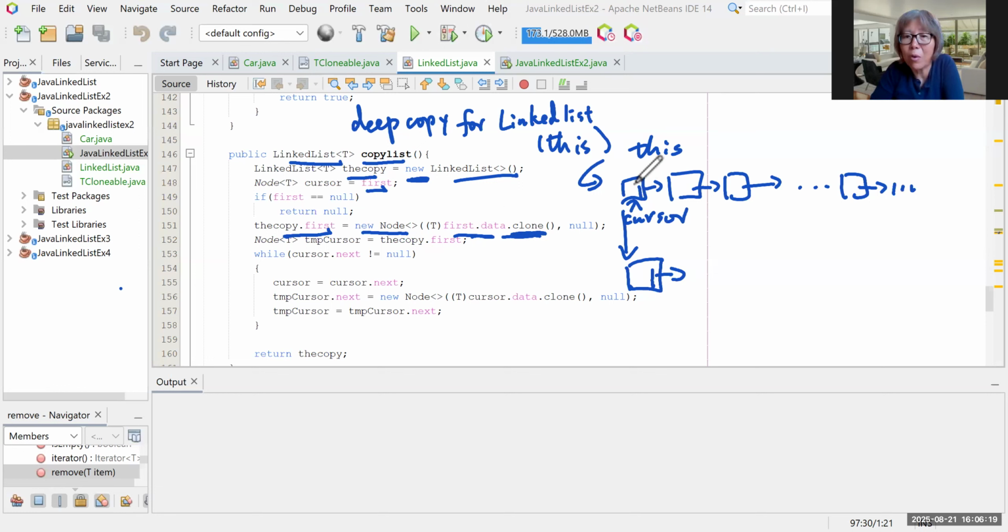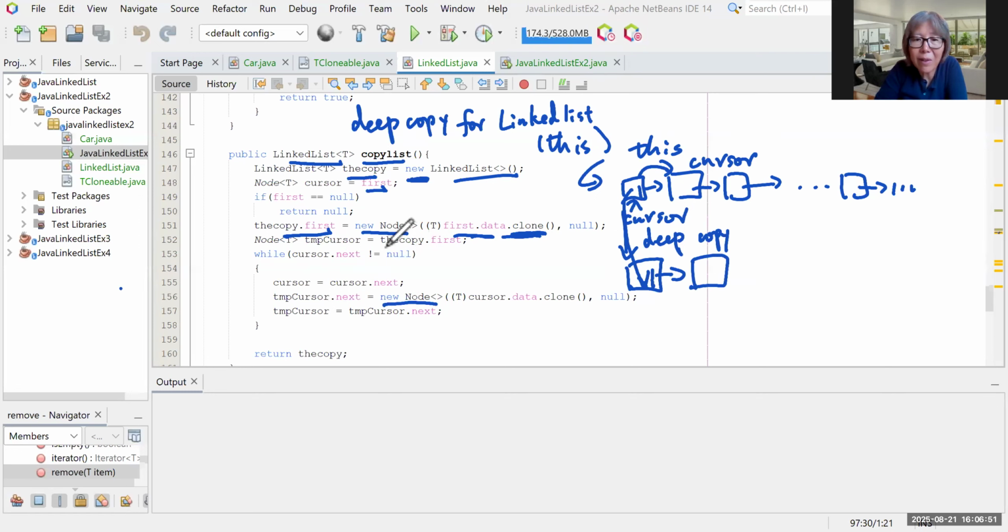So you copy the contents also to here, and it's also a deep copy, node by node, basically. And then you advance the cursor, and then we also create